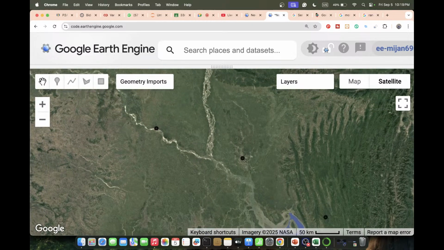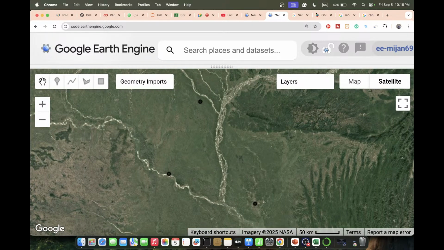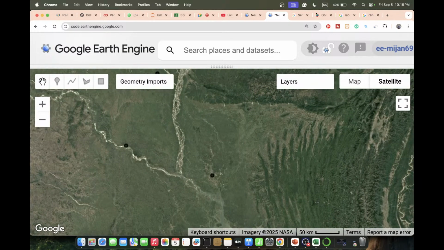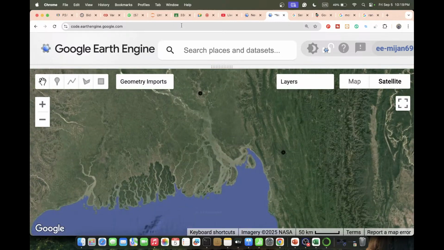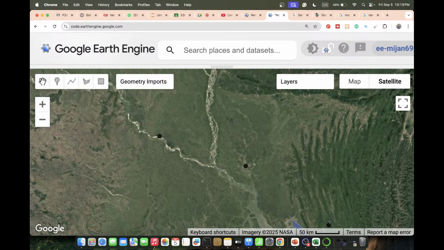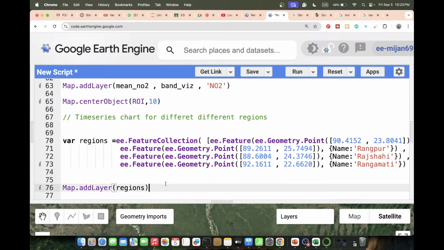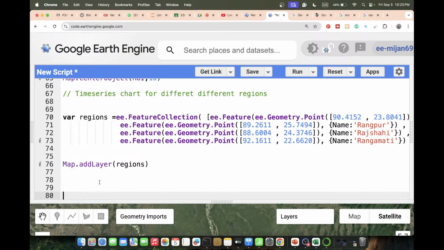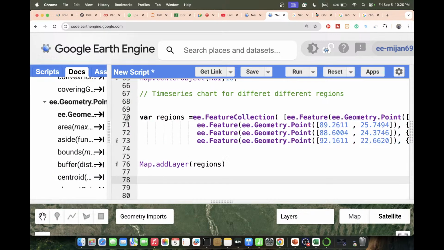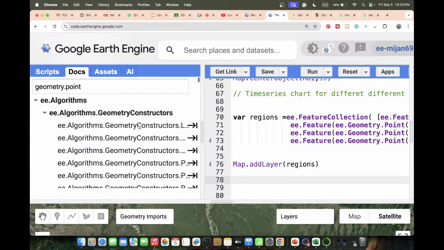So now we want to compare the analysis. How can I compare? Further, we try to create the chart. Suppose for this point, this point, this point, and also this point, we create the time series chart, and then we compare which area is more polluted and which area is less polluted. We can easily identify this from the time series chart. So for that, we need to use another function for the time series chart. It's called the